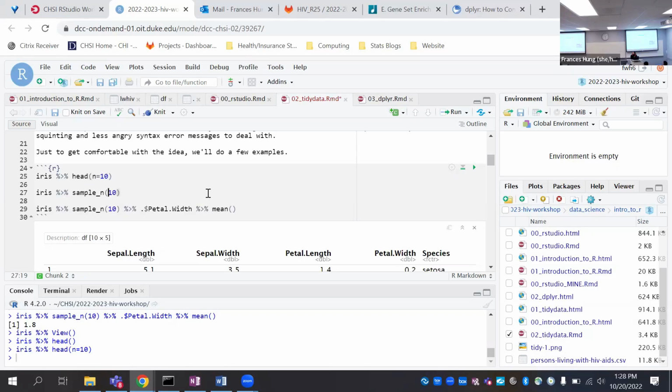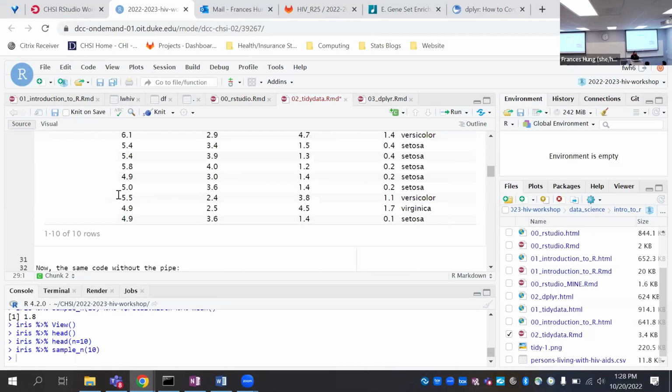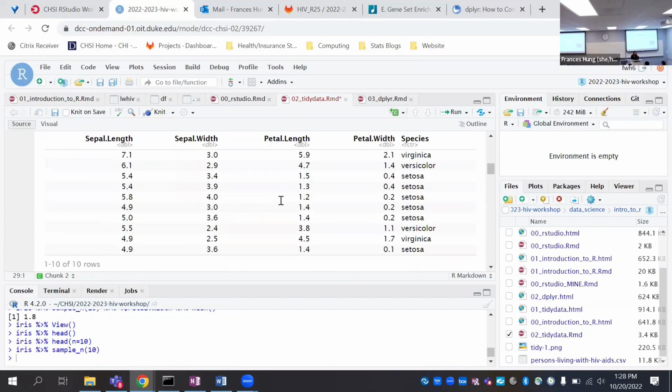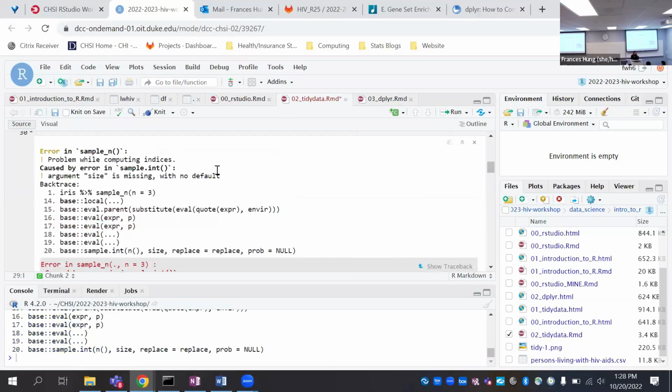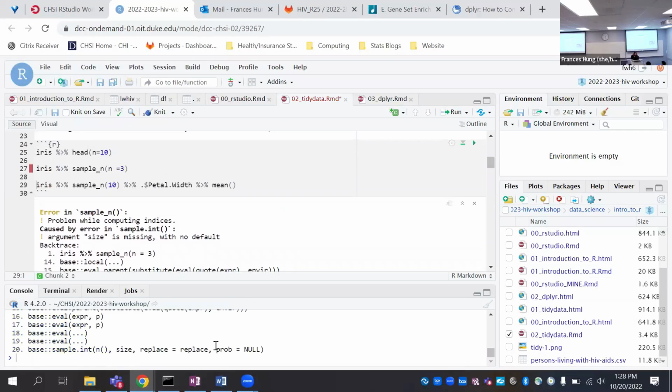We can talk about more verbs that we can do in the tidyverse. One of them is sample_n. What this does, as the name implies, is that it takes a data frame and samples 10 random rows. So you can go ahead and run that. And I'm sure you can also change the number, like maybe 3.